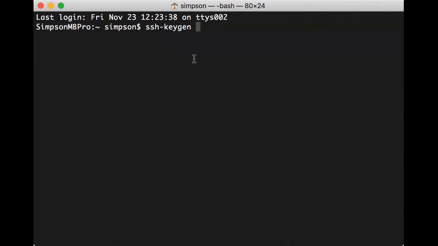I'm going to put in a space, put in a -t, and this is the flag that tells the key generation tool what type of key I want. I want an RSA key, so -t space rsa. It's one of the security protocols, and that's the one we're going to use.